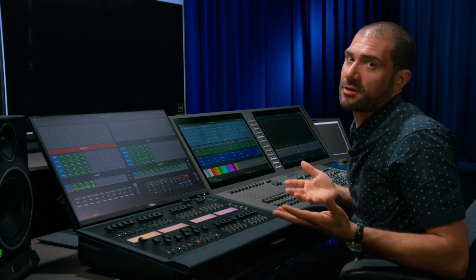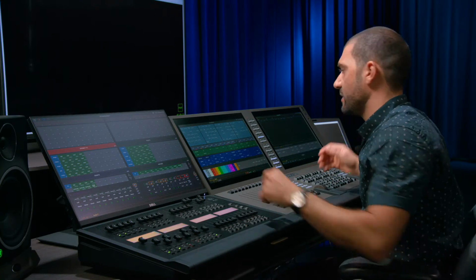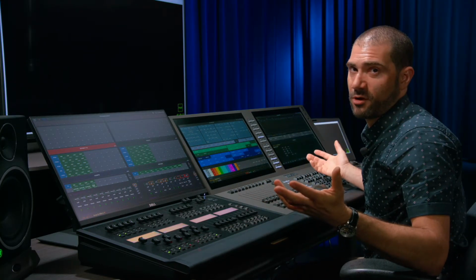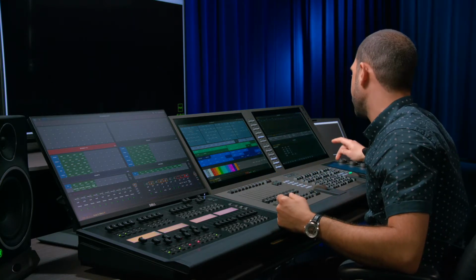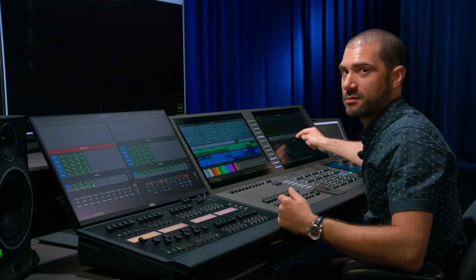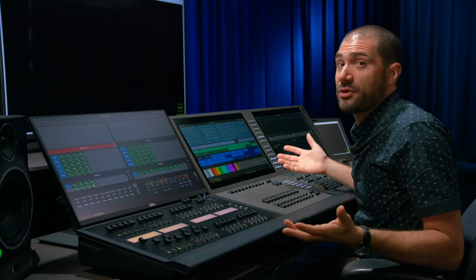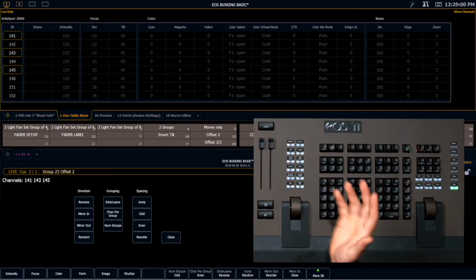So I can actually go in here and amend this macro, right? Because when I selected my truss 4 spots, offset 2 gave me the selection I want. But then what I had to do is hit select last and my macro. So this is a good example of building things up as you need them. I didn't put everything I needed in my macro the first time around, so I'm going to go in there